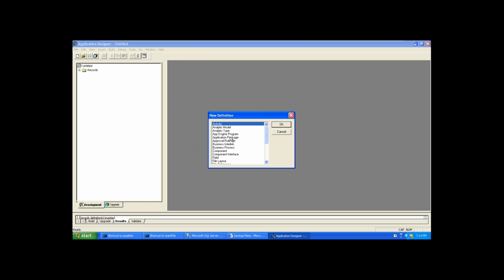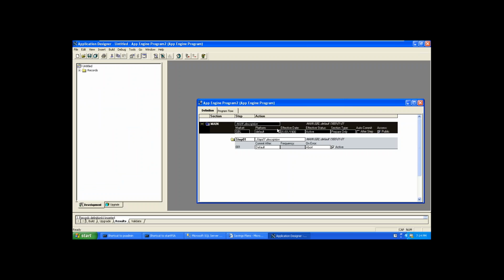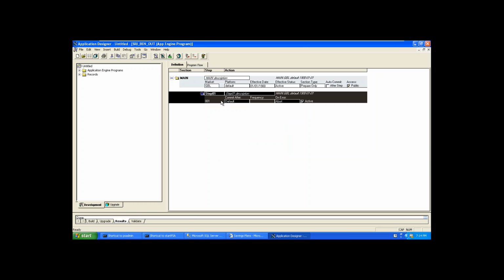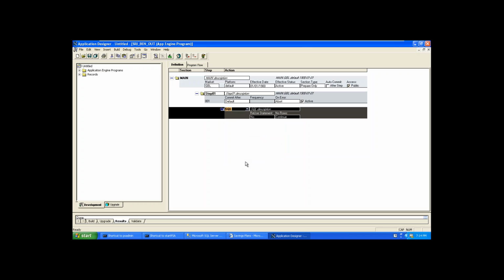Now, I am creating one application engine here. I am naming this application engine benefit outbound. Now, in this program, I am including an action.